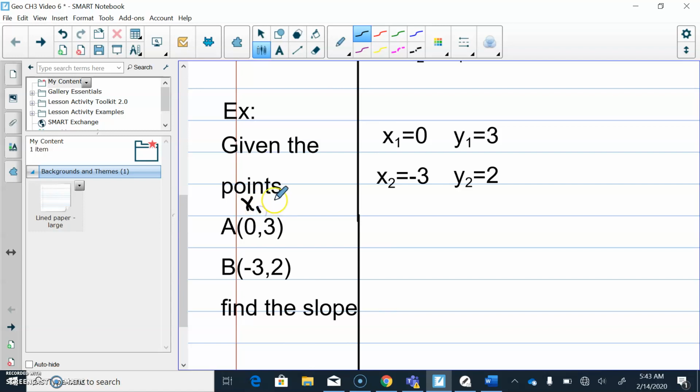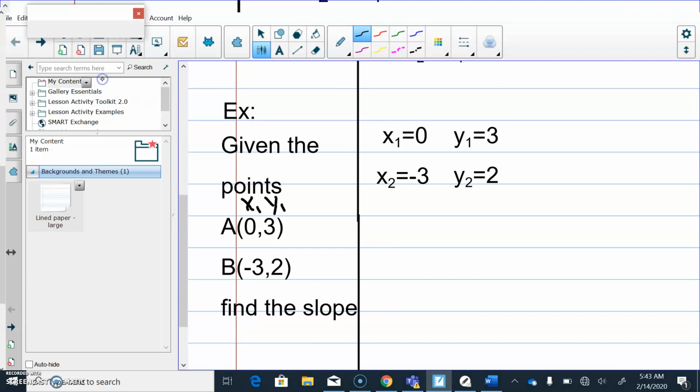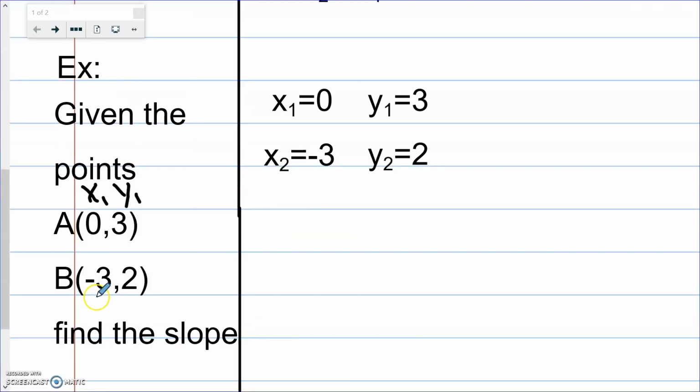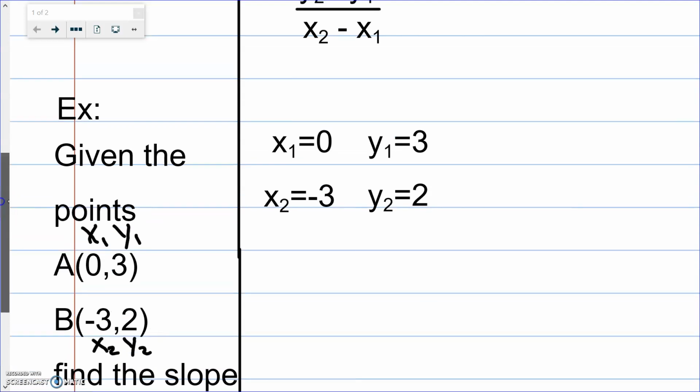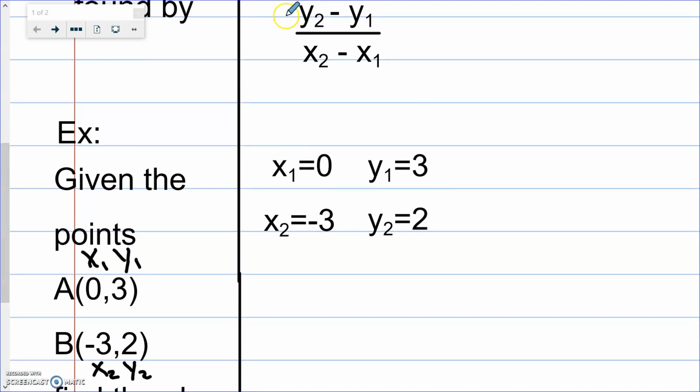x1, y1, and this as x2, y2. So x1 equals 0, y1 equals 3, x2 equals negative 3, y2 equals 2. Using those values, we're going to plug them back into our equation over here. So let's do that. So we're going to write slope